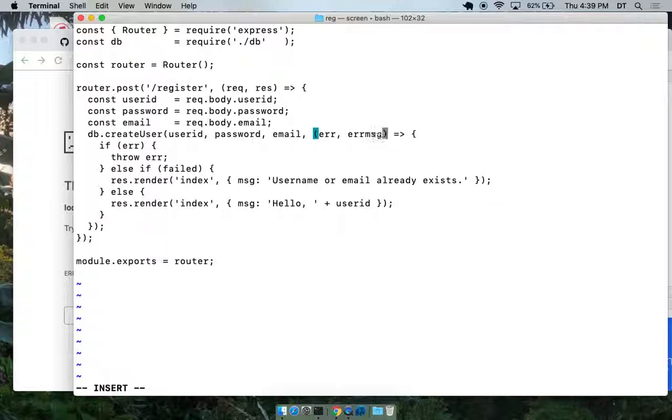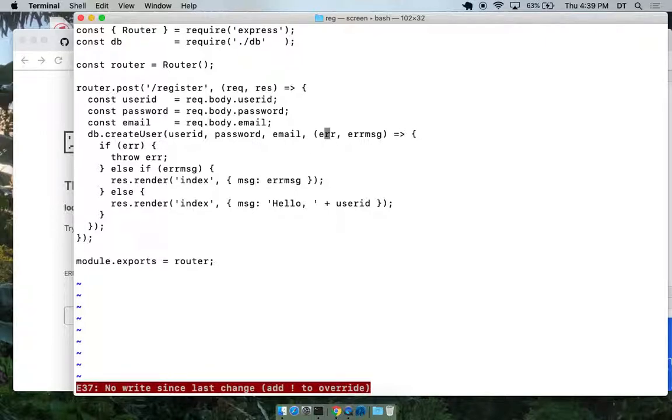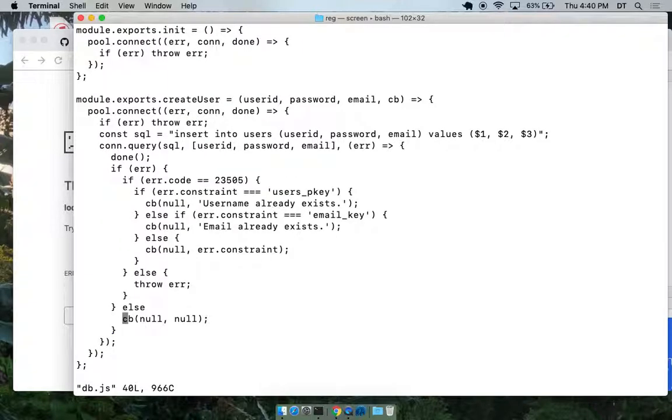This is the error message. That's the error message. So if there's an error, we throw the error. Else, if there's an error message, then we're going to print the error message. Doesn't the error you're throwing already contain the error message? Because the error is a string containing the error code and the error. Unless you're storing that one as a boolean, your error message value there is redundant.